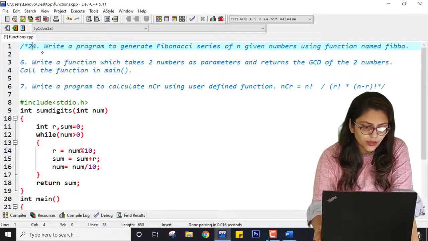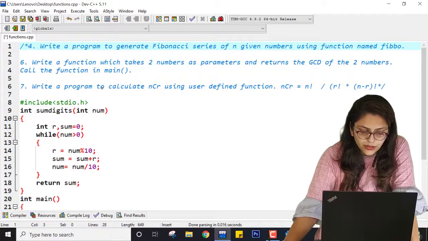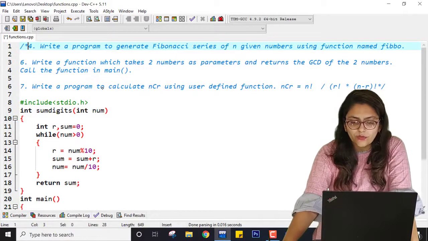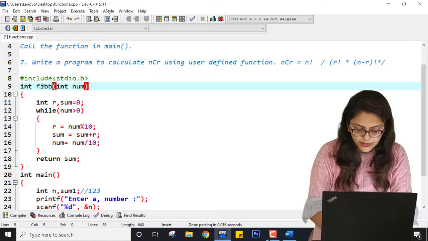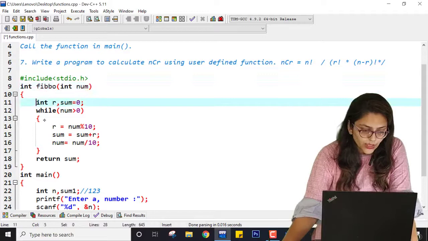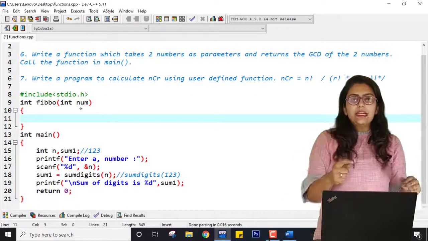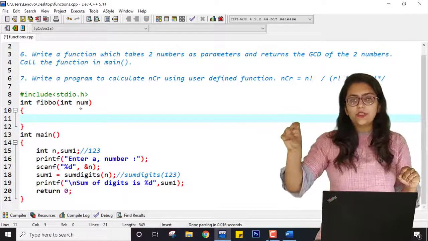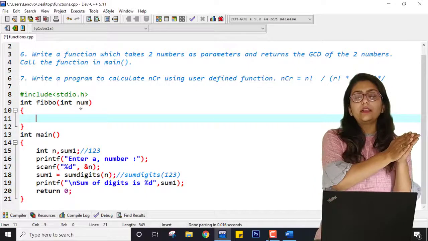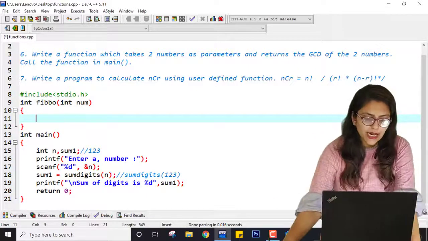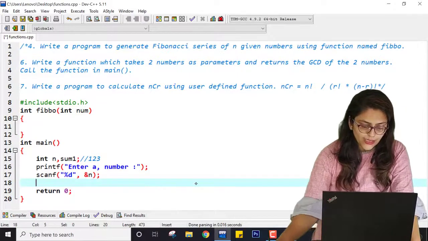So we have covered the second practical. Now the fourth practical is to generate the Fibonacci series of a given number. So you have to give the function name as Fibo, and here I am erasing this code. Now I am going to tell it up to which sequence you have to print. So if I enter 6, that means it has to print 6 Fibonacci numbers, and I know the logic where I can generate a Fibonacci sequence.